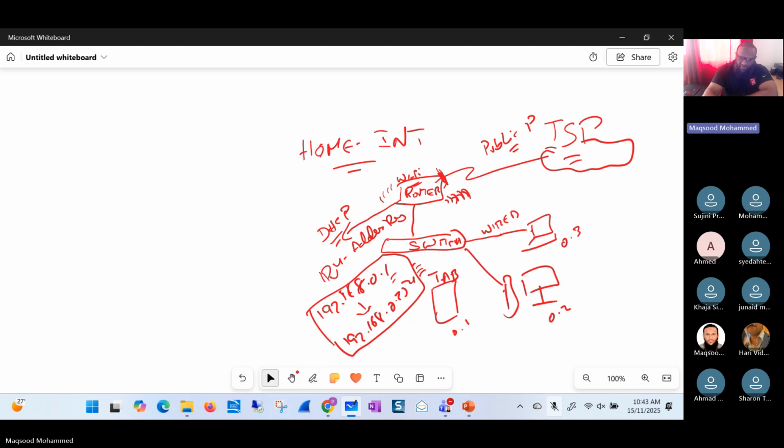Now this is your LAN. This is considered your local area network. So within the LAN, you can communicate with each other. You can share the files, you can share data and access the services from each other's machines. And when you need to access the internet, it will go to the router. This router acts as a default gateway,